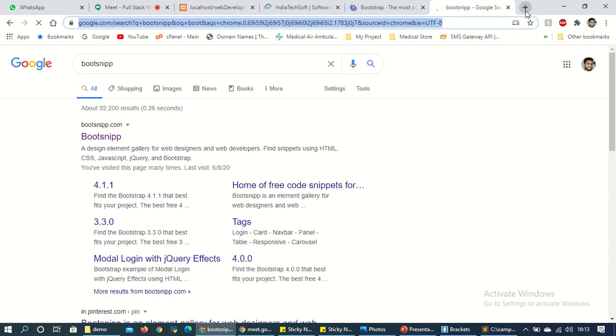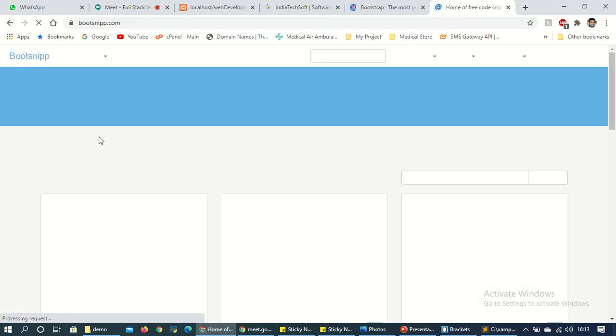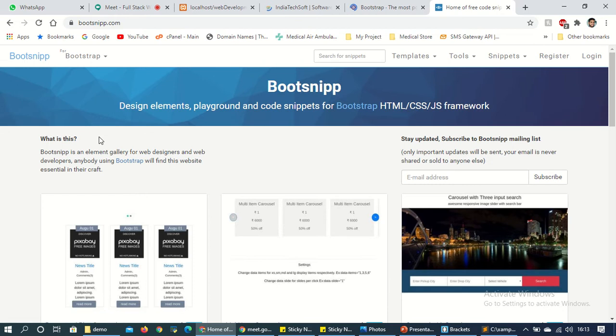Now I'm going to open Snip. Why Snip? Because all the codes are available. It is not necessary to design all the codes. In every company, if you join an IT company that is a pure development company, not a service based company, they'll give you the authority to access some websites: GitHub, Snip, jQuery, MD Bootstrap. So there are websites which you can refer to for development purposes.